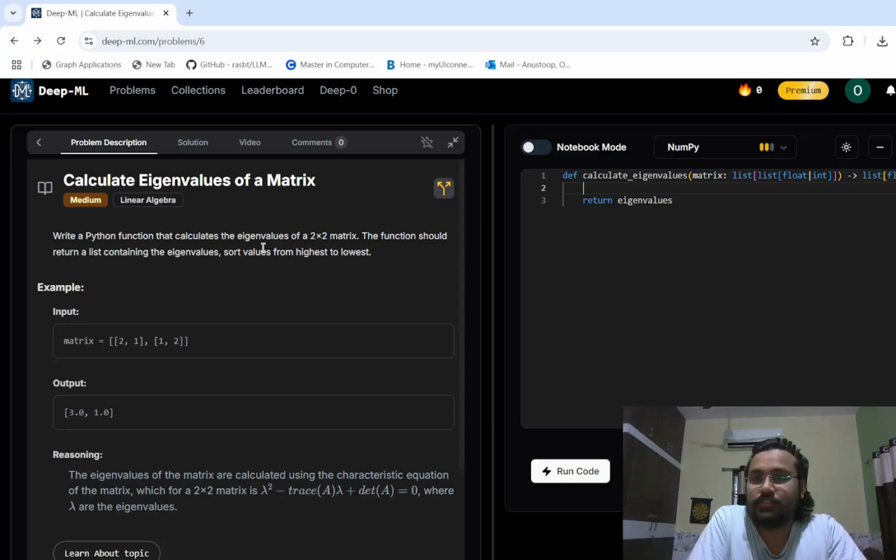Anyways, coming back to this question, we have been given a list, and inside this, again a list. We have floats, and I'm not able to understand this formation. What is this list of lists? Oh, floats or integers, correct. So, all right, how do we do this? So what I need to define is,